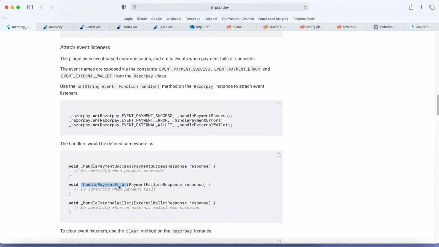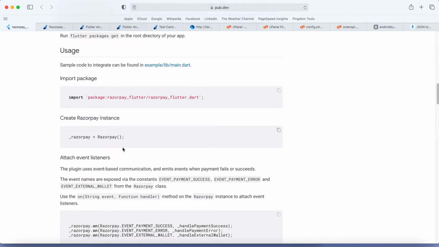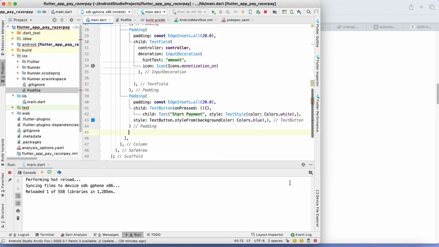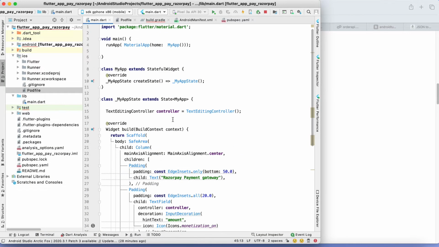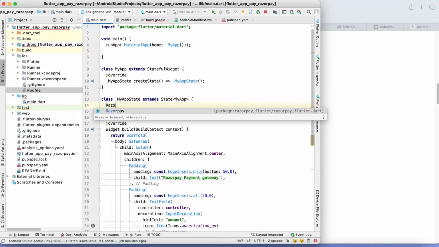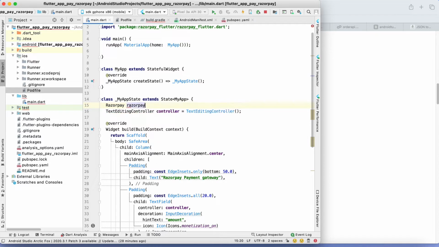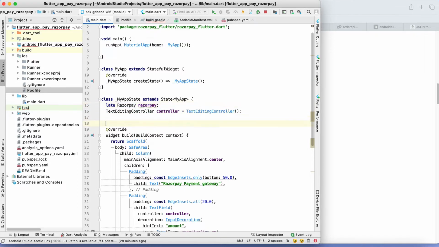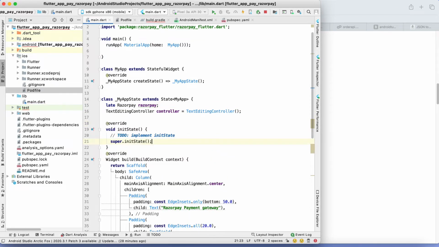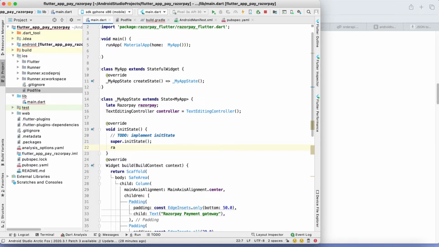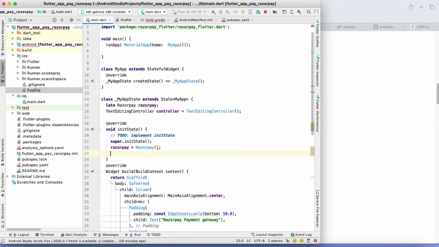So now first we need to initialize this Razorpay. I am going to create an object of Razorpay, just name it Razorpay. I will initialize it late, and in initState, super Razorpay is equal to capital R Razorpay. That's it.